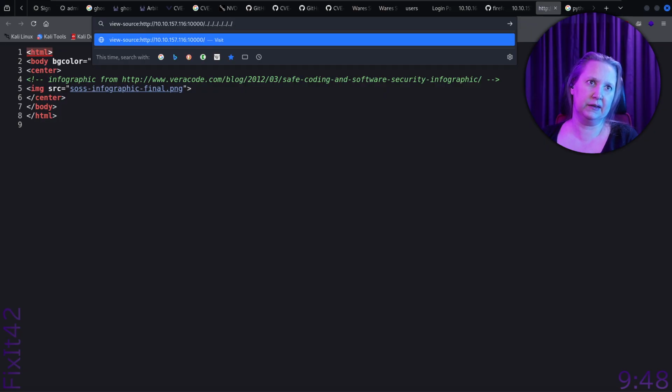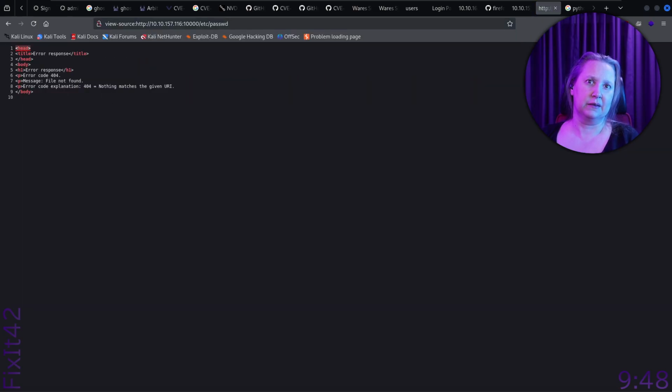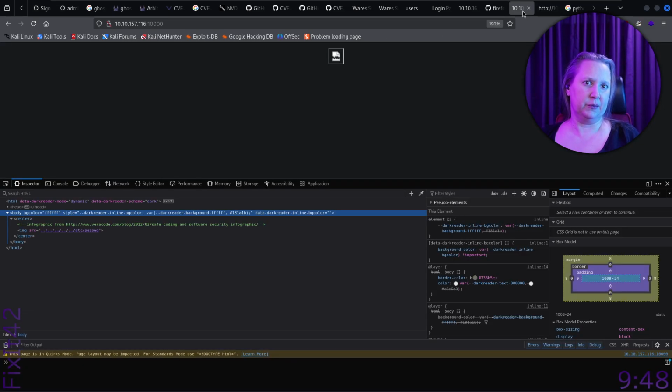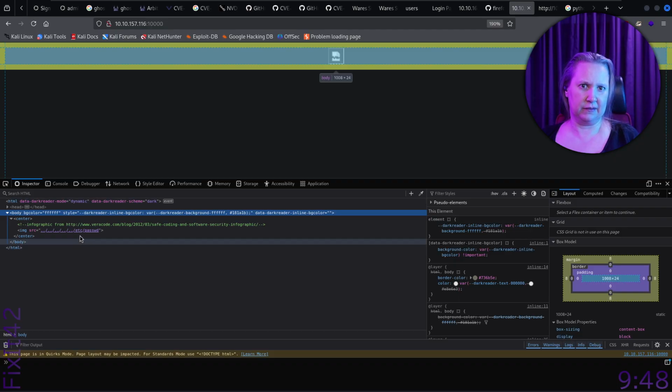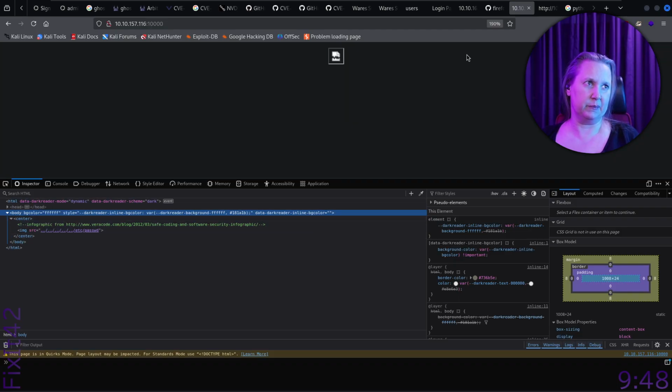It's a Python, right? And let's do etc password, and we want this in text, right? And it says file not found. Error response, file not found. Yes, I think this probably works with the Python ones. And if you were to send this thing, which is the same,